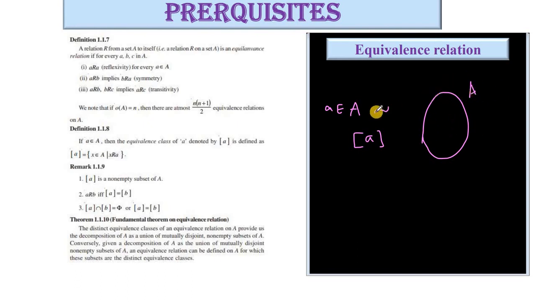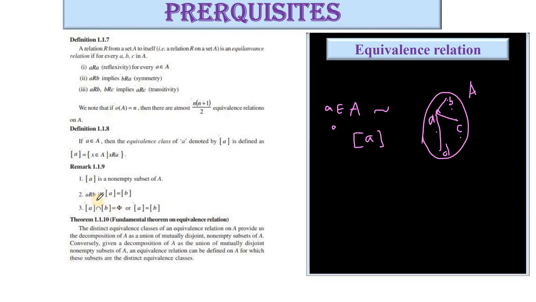You consider a set A on which you are defining a relation which happens to be an equivalence relation. And you consider an element, say a in capital A, we want to find out what are the elements of A that are related to a. So maybe this element is related to a, this may be related to a, and this one may be related to a. In such case, I will have my class a consisting of only these three elements. So suppose I name them as say b, c, d. Then when we try to find the equivalence class of b, it will be the same as the equivalence class of a, because a is related to b.